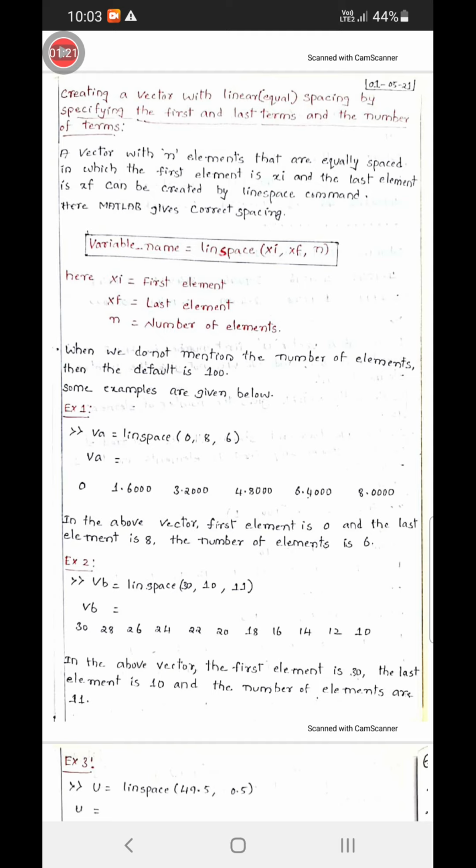By seeing the points, we can understand how to create it. See the first point: a vector with n elements that are equally spaced, in which the first element is xi and the last element is xf, can be created by the linspace command.